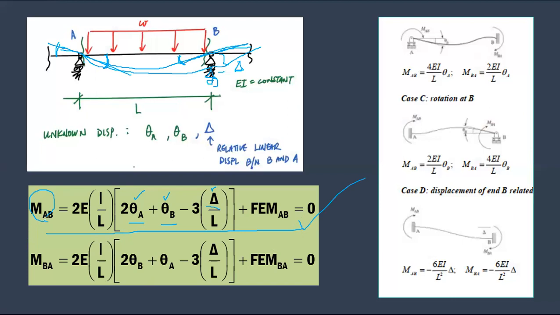This is at A. So M_AB basically means the moment at A for member AB. The first letter always comes dominant, right? M_BA is the moment at B for member BA. So the moment at A for beam AB is here, right? And the fixed end moment is what happens to the bending moment if the ends are fixed, right? This is how you derive this slope deflection equation,